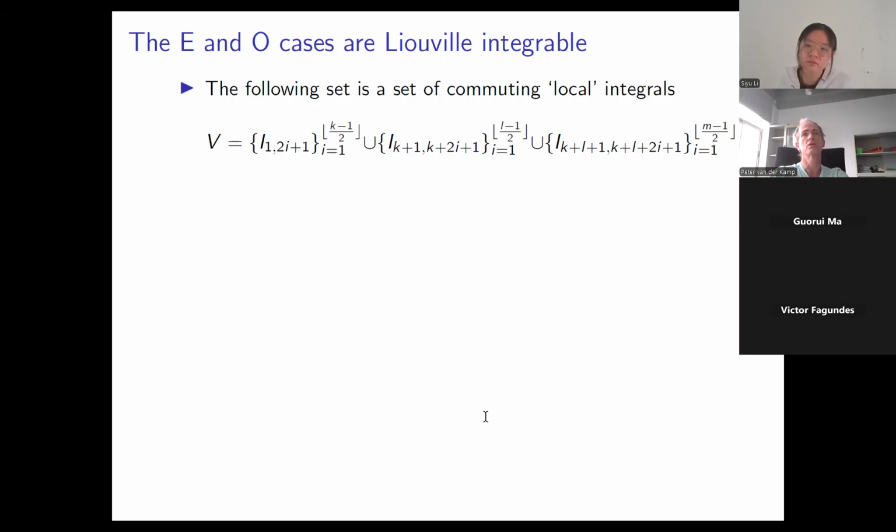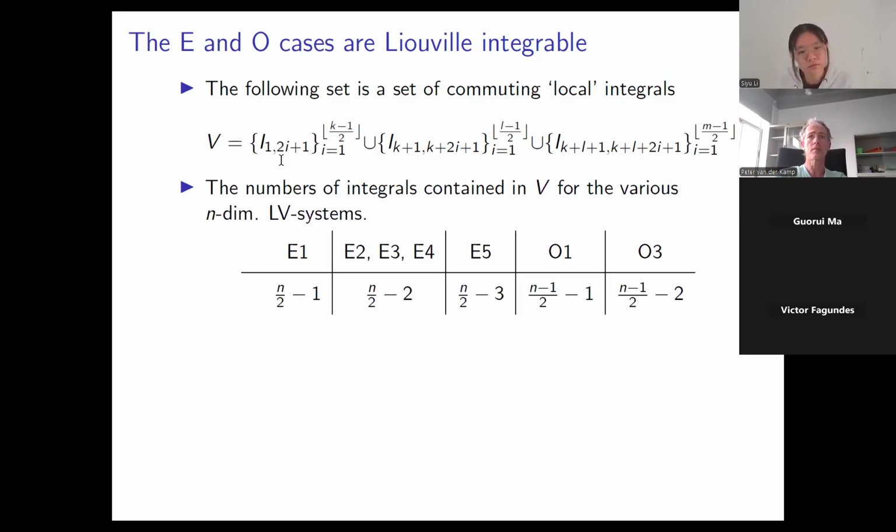So we are going to use these nice integrals that are the product of a p and a q. They are called these I's. So I_KL is just P_KL times Q_KL. And if the K and the L are inside one block, then that is still an integral for the entire system. So we can look at how many of these kind of integrals there are. And then depending on whether your K or L is even or odd, you have one more or one less.